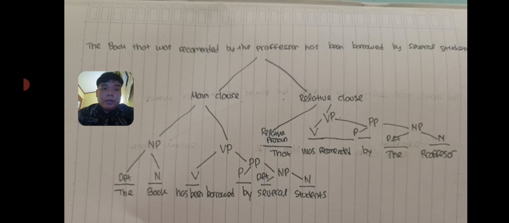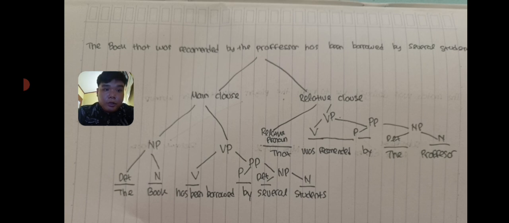And the other part is the relative clause. In the relative clause we divide it into two parts: relative pronoun and verb phrase. The relative pronoun is the single word "that," and the verb phrase we divide into two again, the verb and prepositional phrase. The verb is "was recommended,"